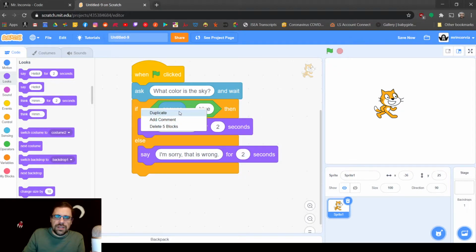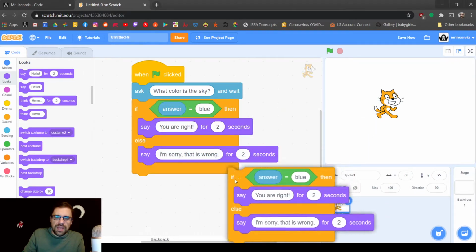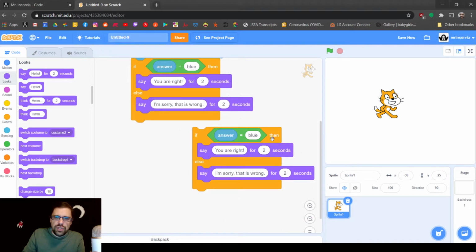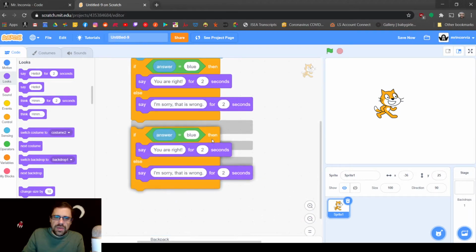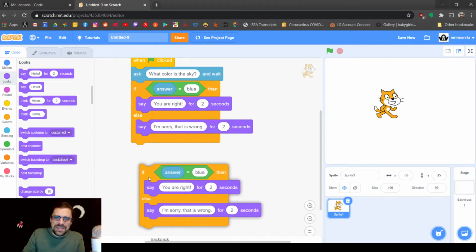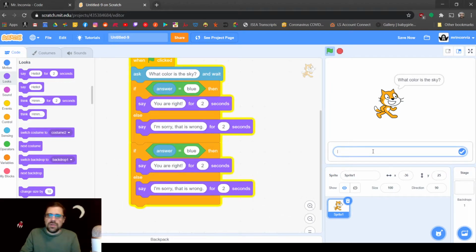You can click duplicate, and it will duplicate all those blocks. Take a look, see? So now we have two of all these blocks. If we put it after this, it will ask the next question. This will be the first question, and then this one will be the second question. All right, so right now, they're both the same. So what color is the sky? It is blue. You are correct. And then it's going to do